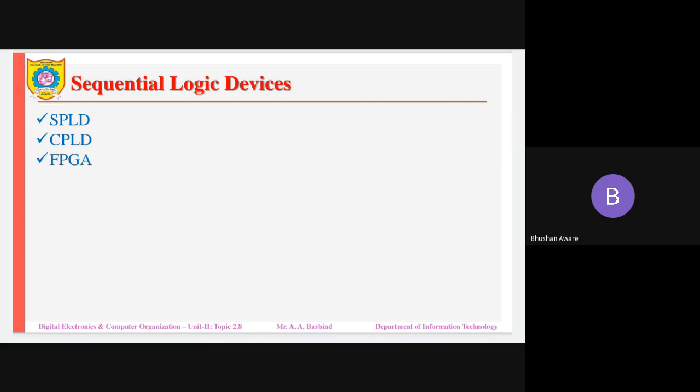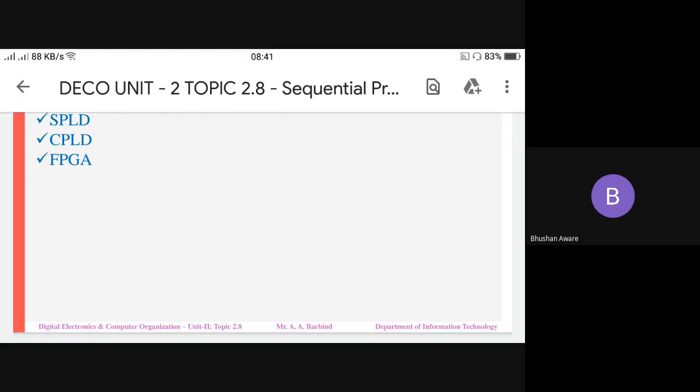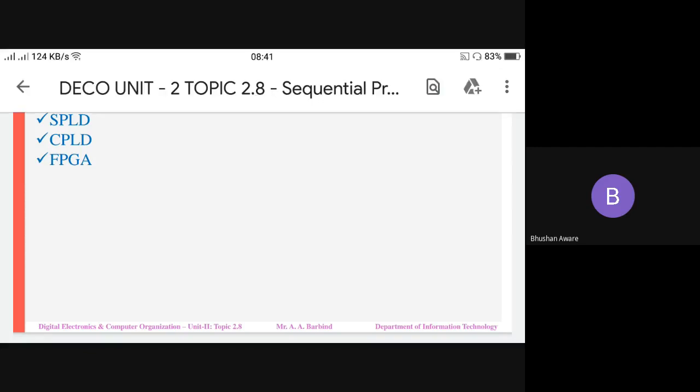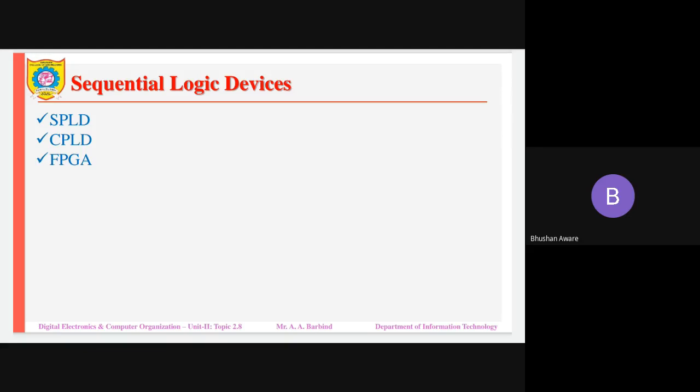It may be a combinational logic circuit, or it may be a sequential logic circuit. So in the PLD, you can construct your registers, you can construct your counters out of this programmable logic device. Or in the CPLD, again a large amount of such configurable devices will be available, and out of that you will be able to construct whatever digital circuit you want to construct.